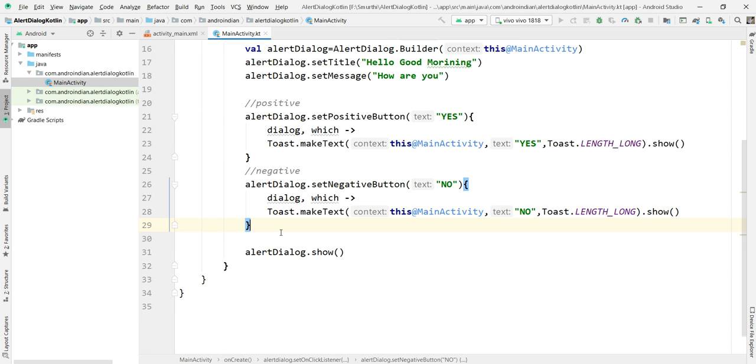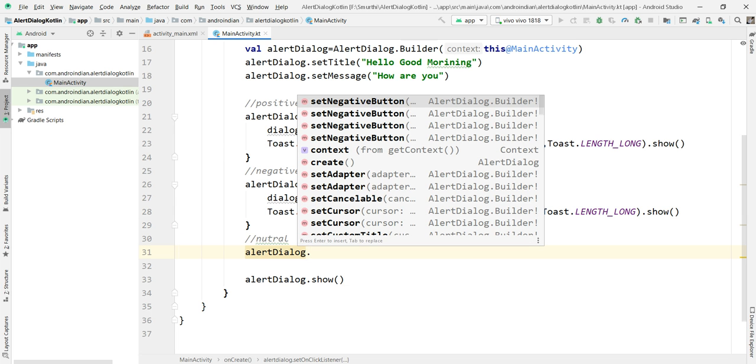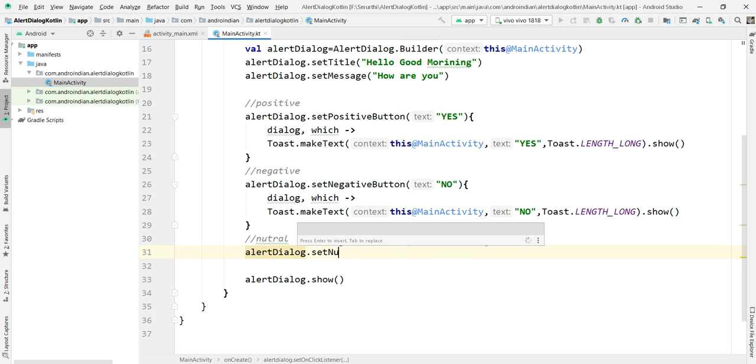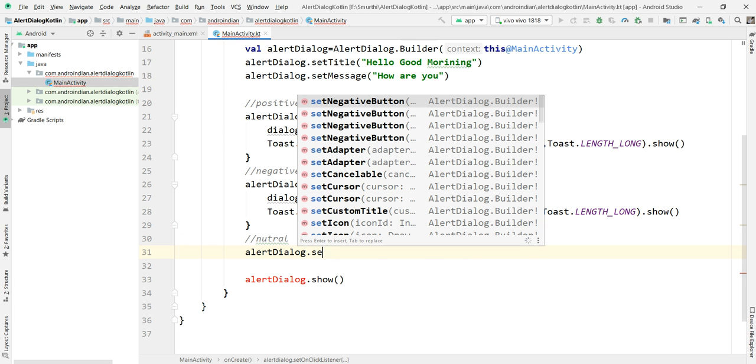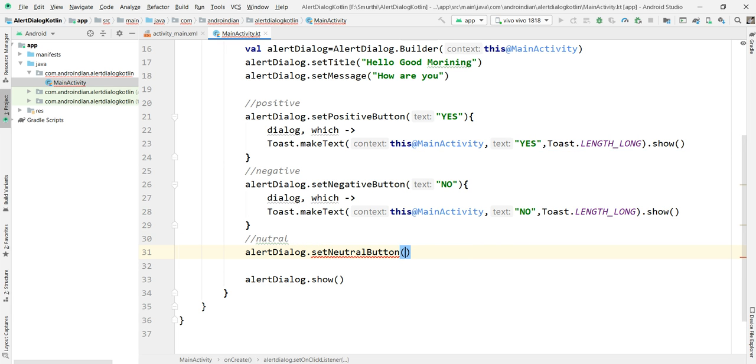Then after this, one more last button, which is neutral. In the same way, alert dialog dot set neutral button. Here also I want to display something. I am writing cancel.